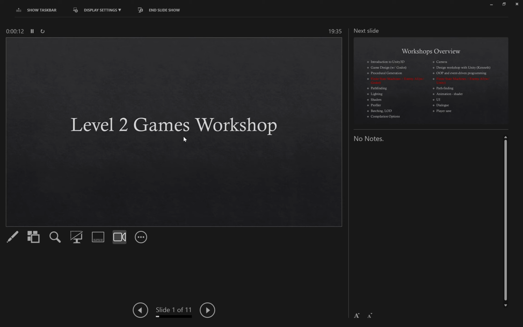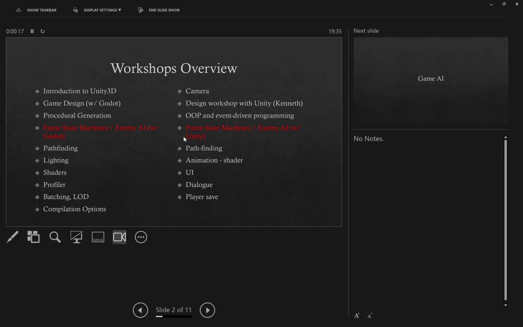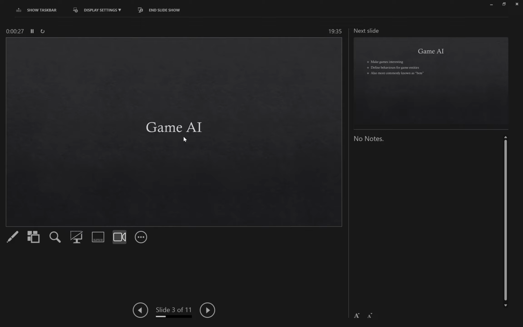It's another week of Level 2 Games Workshop, and for this week, both the Unity and Godot sides will be going through finite state machines and the basic design of enemy AI in games. So, what is game AI? Can someone tell me what game AI is? Artificial intelligence, modeling the behavior, ChatGPT in your computer. Okay, interesting propositions, but